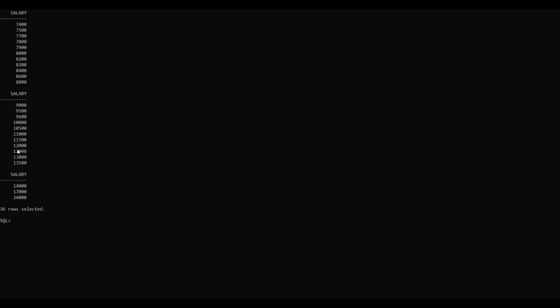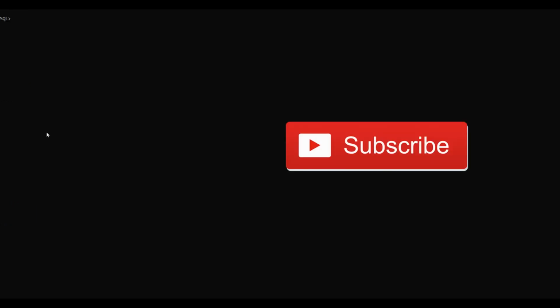As you can see, distinct is a very powerful keyword which eliminates the duplicate records we are retrieving. We can use this in different scenarios as shown in these examples. In this video, I have briefly explained what the distinct keyword is and how to use it, and how we can implement it in our SQL query to eliminate the duplicate records present in the database.